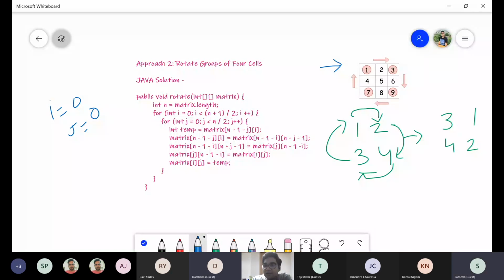Okay, so now what will be the value of this line? Matrix of 3 minus 1, 2 minus 2, 0. So 2, 2, and then 0. 0. Right. So this is our one. Now try to find this one. What is this?